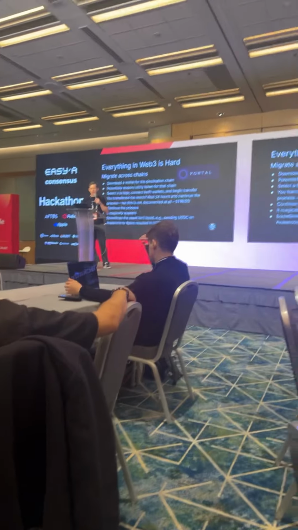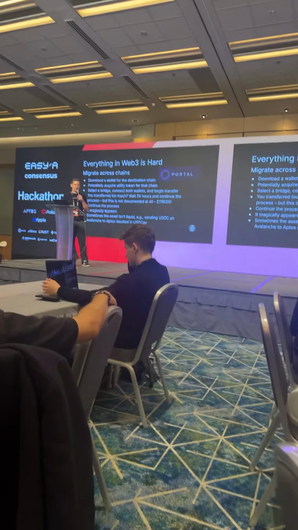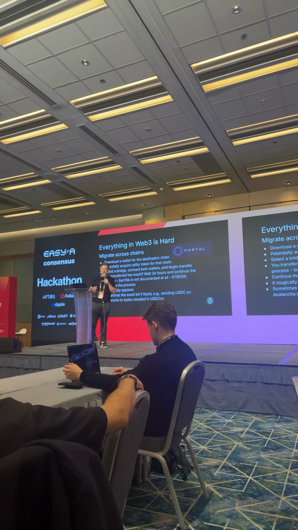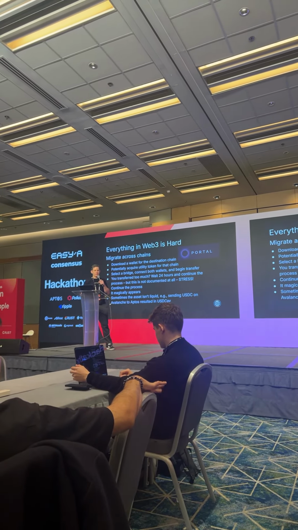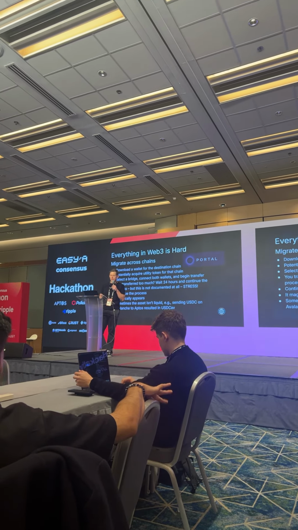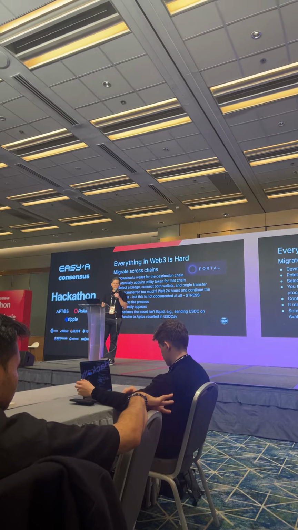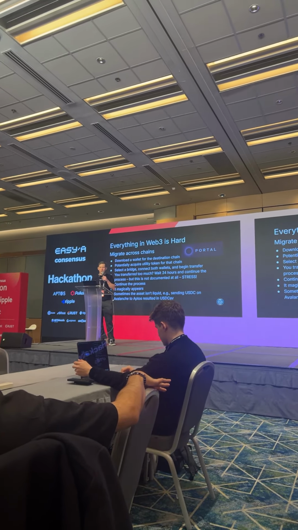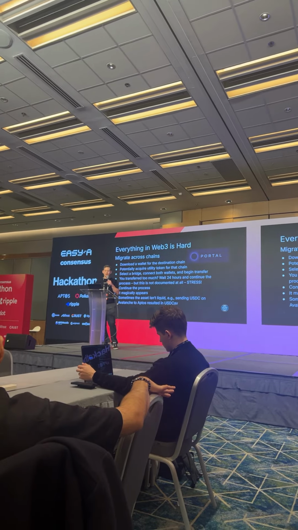Done, and then I was like, okay, so I've got my Petra wallet set up with APT in there, I've got my MetaMask with AVAX, and I finally moved over my USDC into my MetaMask account on Avalanche. And I'm ready to go and bridge it into Aptos. So I select my bridge, which is Wormhole or the Portal bridge, and I connect both wallets and I begin